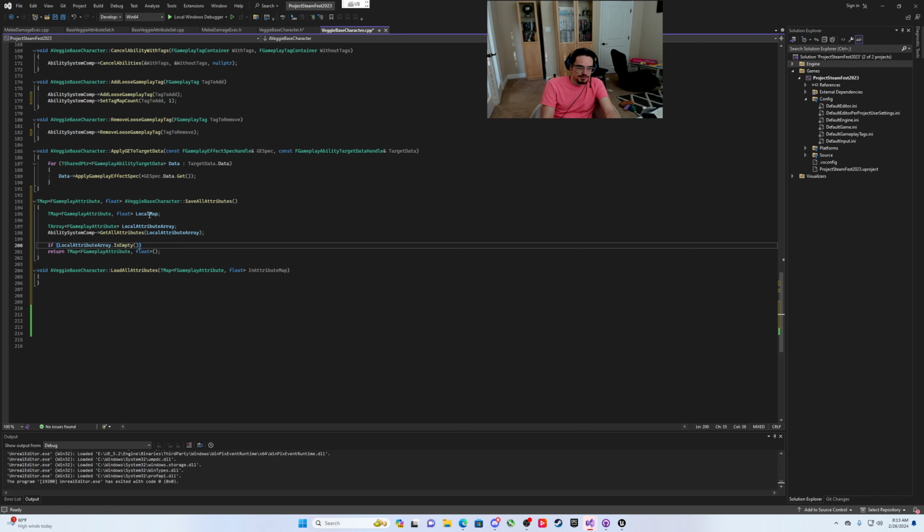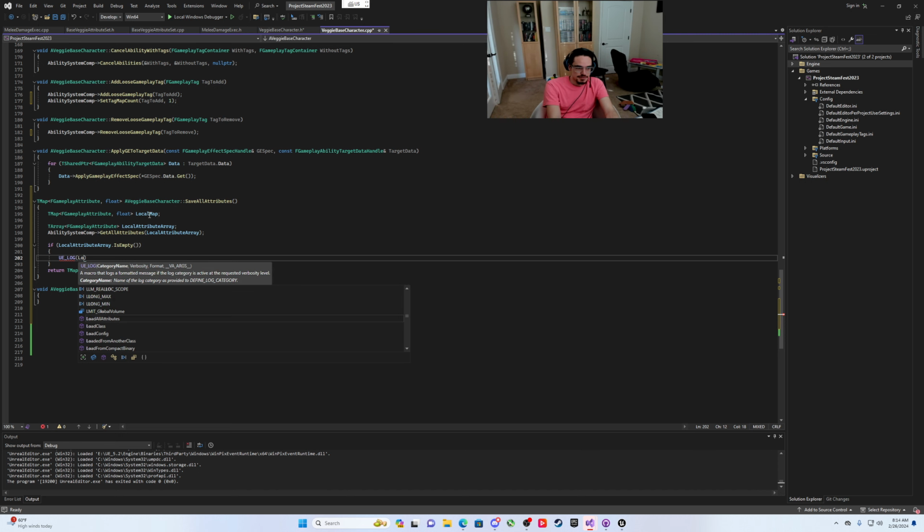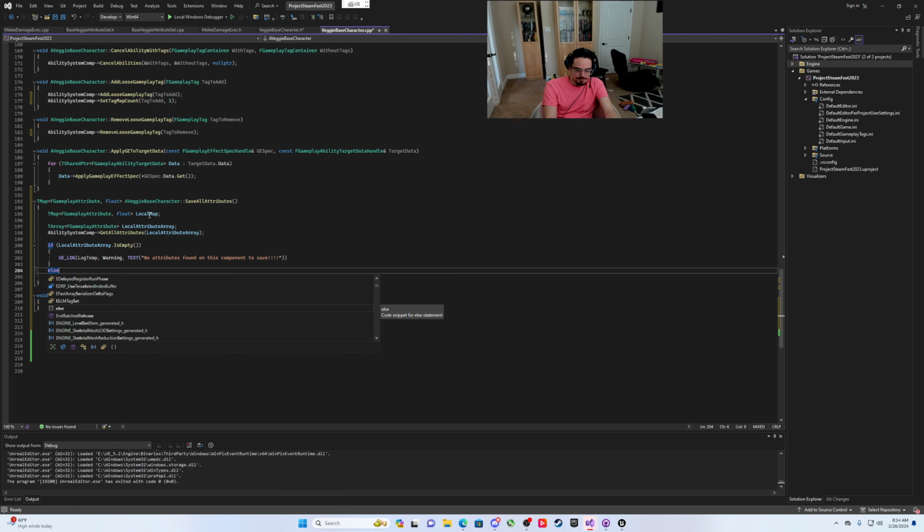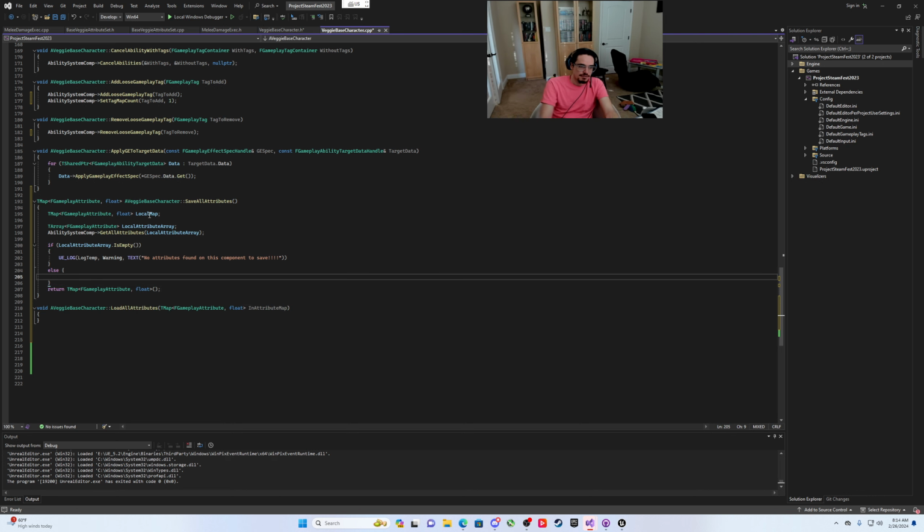And now we're going to do a quick check: if the LocalAttributeArray's IsEmpty returns a boolean, if it's empty, you have a problem. So you're going to UE_LOG. This is LogTemp. This is a warning, and the TEXT macro is going to say no attributes found on this component to save. And that's a problem, right? You're expecting there to be some. Else,